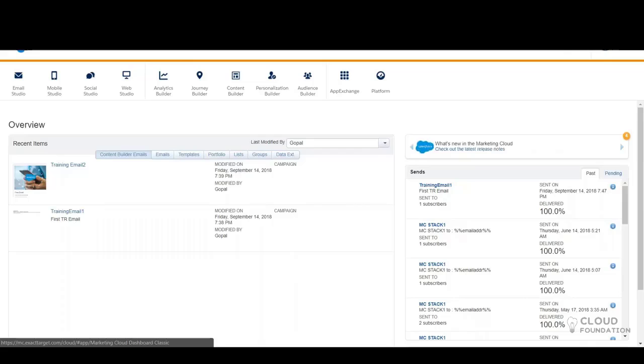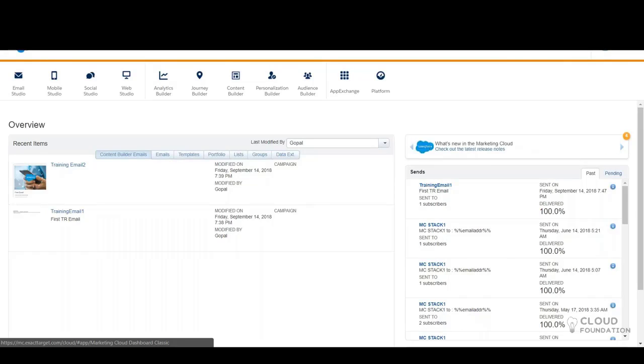It's a totally different platform, and for customization and development we use AMPscript, and AMPscript is a native language of Marketing Cloud. It is built on top of JavaScript, and you can think of AMPscript as JavaScript. So if you are familiar with JavaScript, you can easily cope with AMPscript.